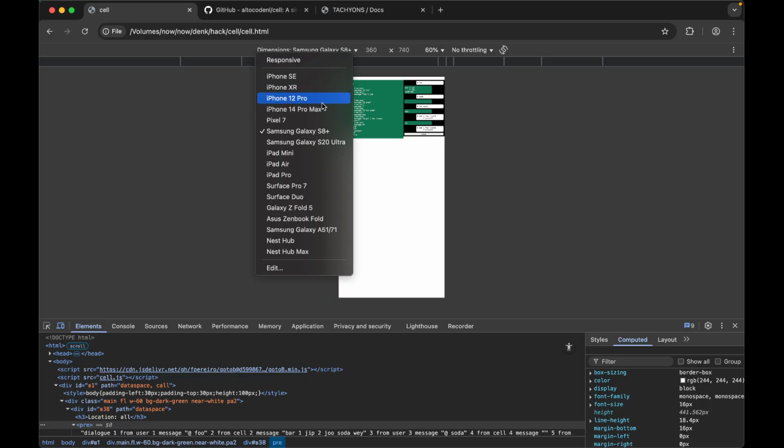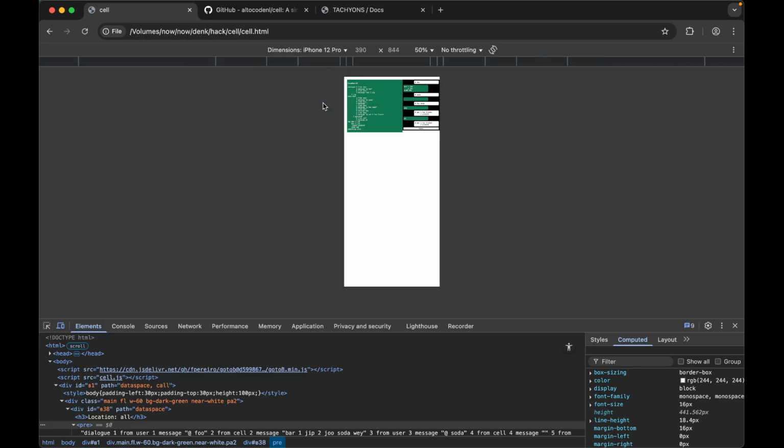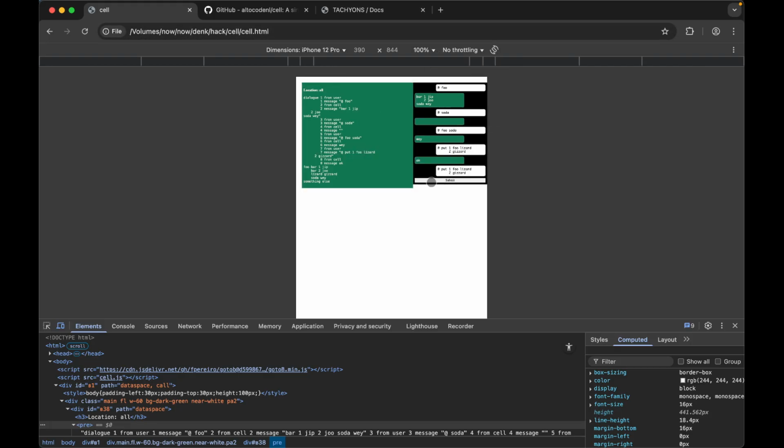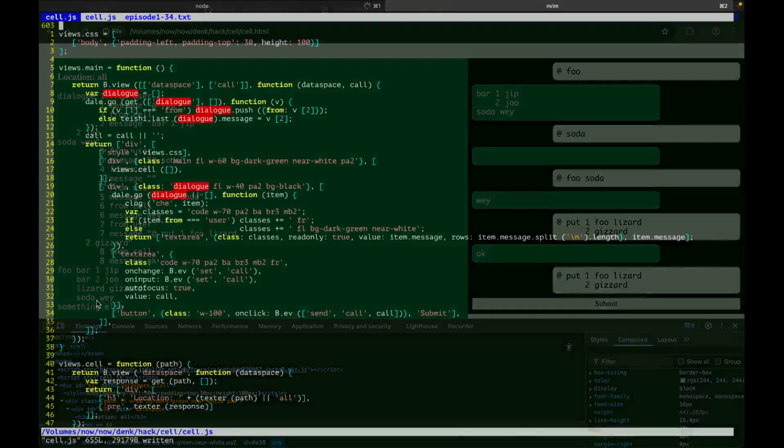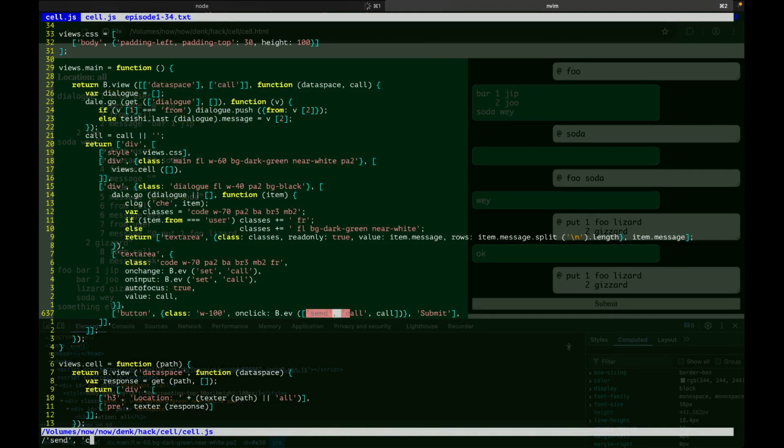Let's just get something decent here. Yeah, it has to be a modular thing where you switch from the main to the dialogue. You just switch. Yeah, absolutely. It's gonna be a lot of fun. All right, let's just do this, when you send the call,